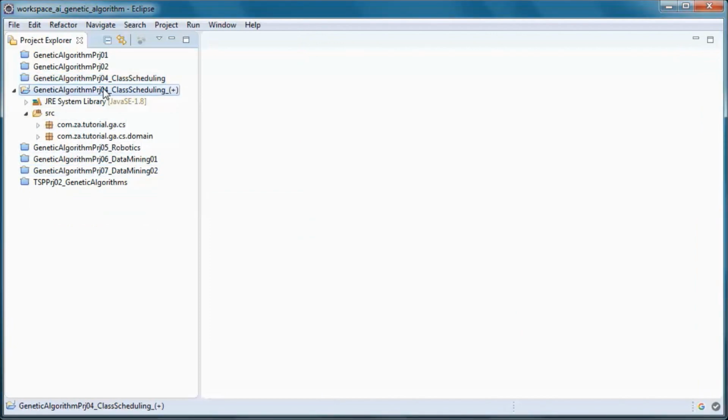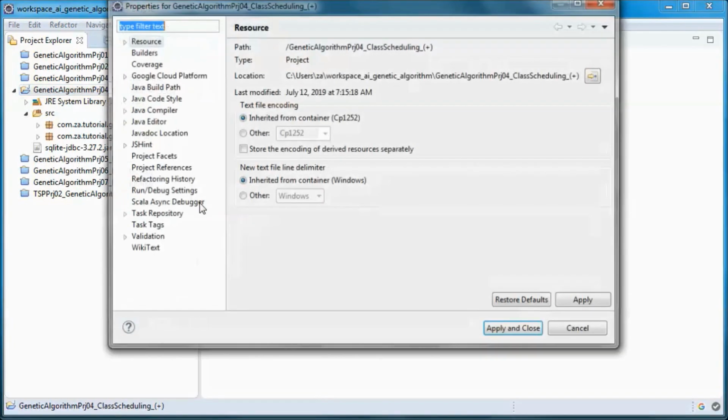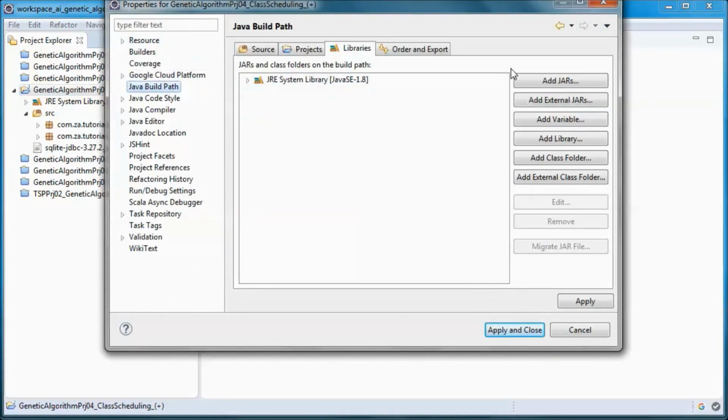And I downloaded this jar to do SQLite. So we go to properties and Java build path,